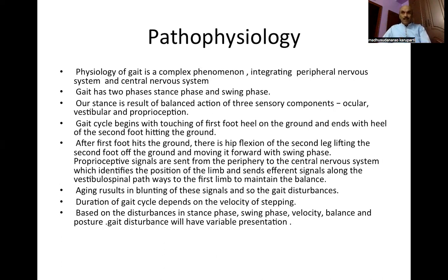Okay, so it's a coordinated act of three important components in order to maintain the stability and the balance. That is vestibular, ocular, and proprioception. They are the three important components to maintain the balance, besides the cerebellum. Okay. Any lesion in these components can result in a gait disturbance because of loss of stability to maintain the body